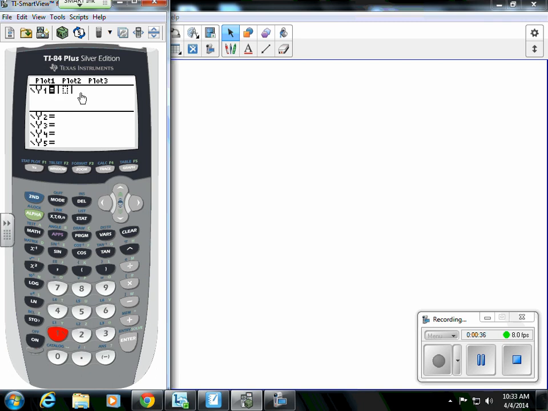When it goes back to Y1, it's waiting now for me to input what I want the absolute value of, and I'm going to put X. Go ahead and hit your graph, and you'll see the absolute value parent graph of